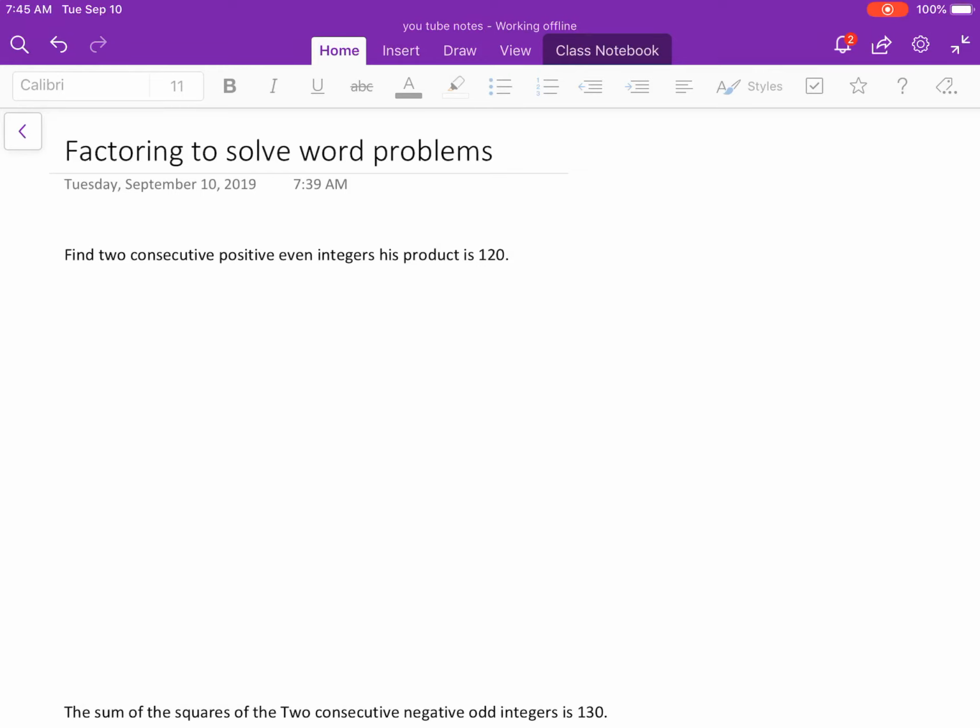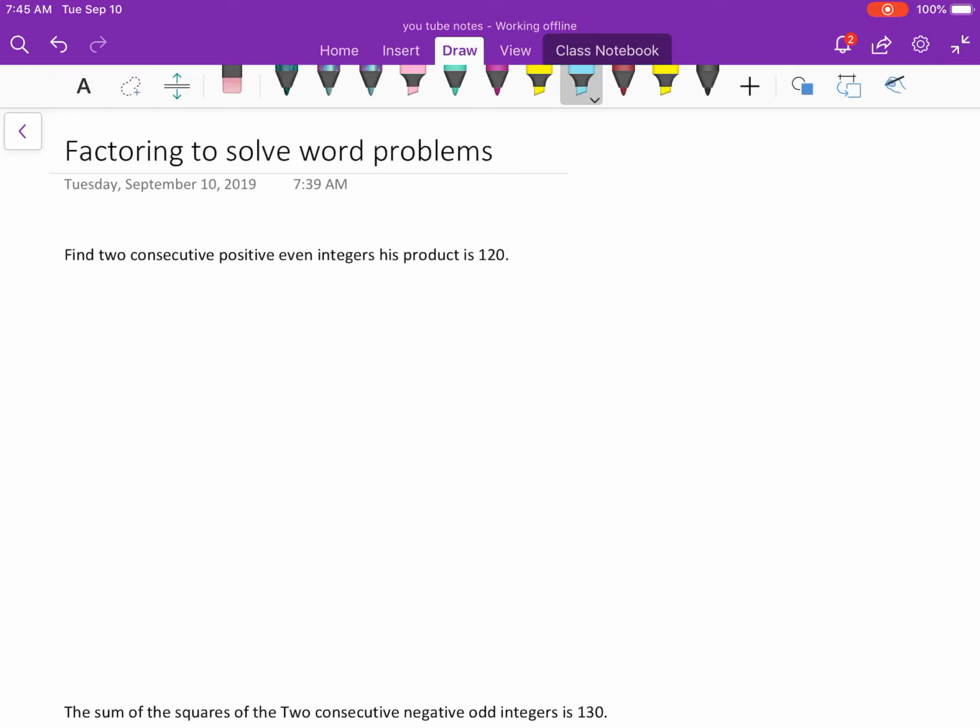All right, guys, we're going to do some word problems with factoring. The first problem that we're going to do is to find two consecutive positive even integers whose product is 120. Sorry about that, typo. Okay, so with these, the biggest part of this is to